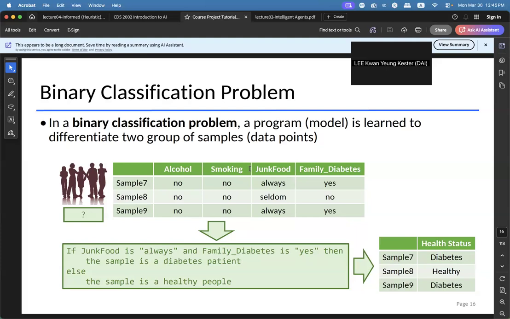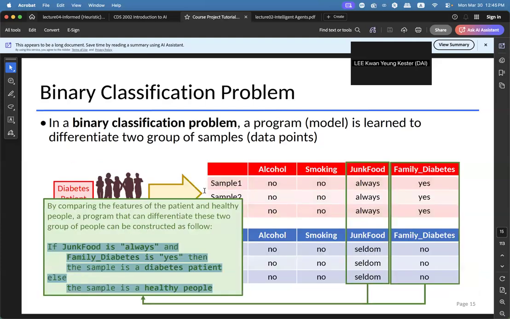Okay, the moment you can consider things like this: the diabetes patients and the healthy people are in fact two groups of samples.